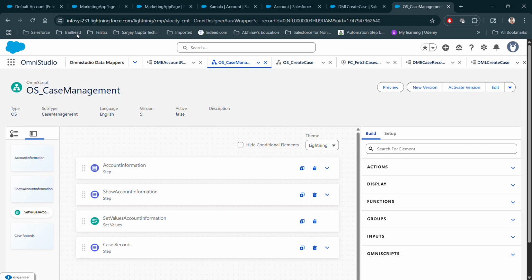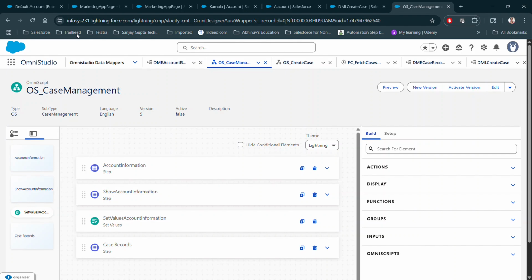Hi friends, today we are going to discuss a case study on a case management system. The solution is developed using the Omniscript, and the business requirement is that whenever a customer calls a service agent to check the status of the incident that is created, or to check the progress made on the case, or to get more details on the case, or if he wants to create a new incident,